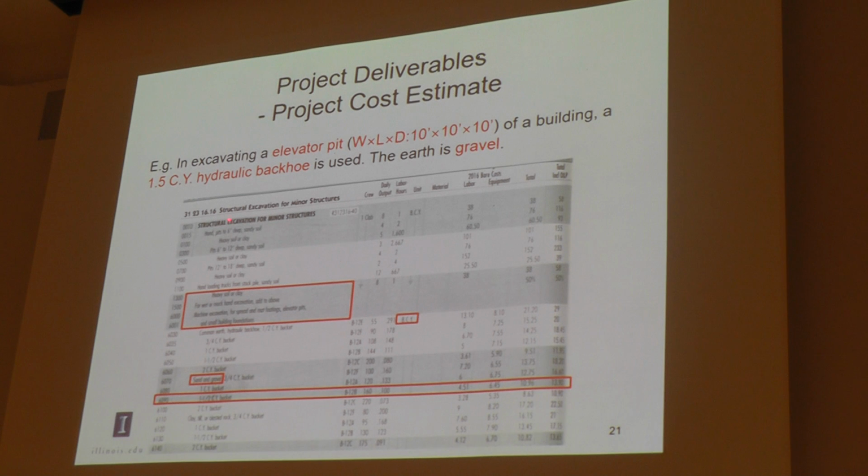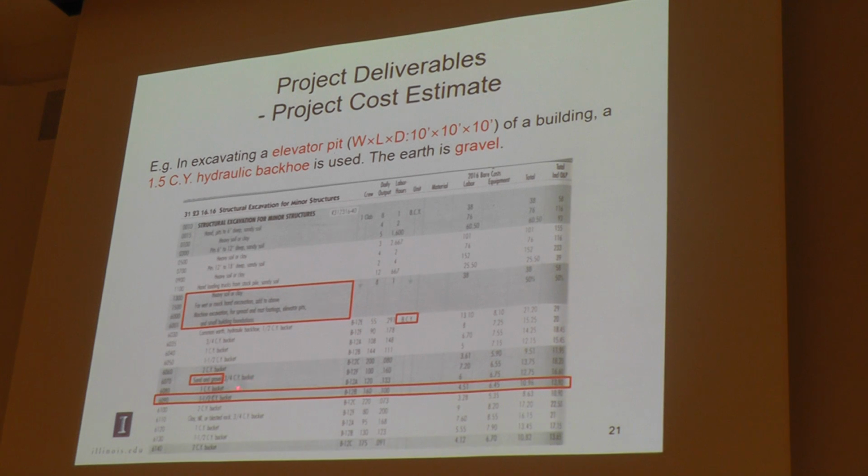So here we can see this item is a structure excavation for a small structure. Because here, as you can see, this elevator pit is not really large, so we consider it as a small structure excavation. And we found the earth is gravel, so we go to the item underneath. We found, okay, this is sand and gravel, and we're going to select the